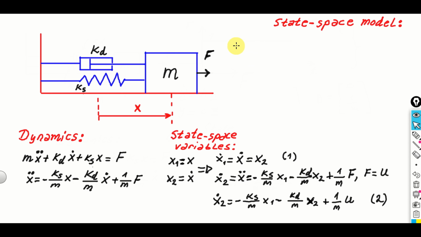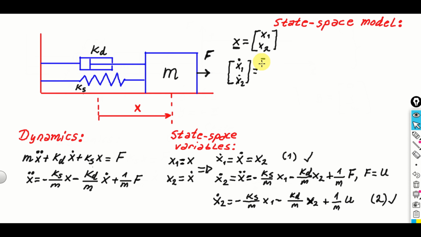To write a state space model, we first need to introduce the state vector x. And I will denote it like this, x underline, to distinguish it from the displacement x. That is, when you see x underline, you know that this is actually a vector. And the state vector consists of the state variables x1 and x2. These two equations, that is this equation and this equation, can be written in the vector form like this. We will have the following. We will have x1 dot, x2 dot